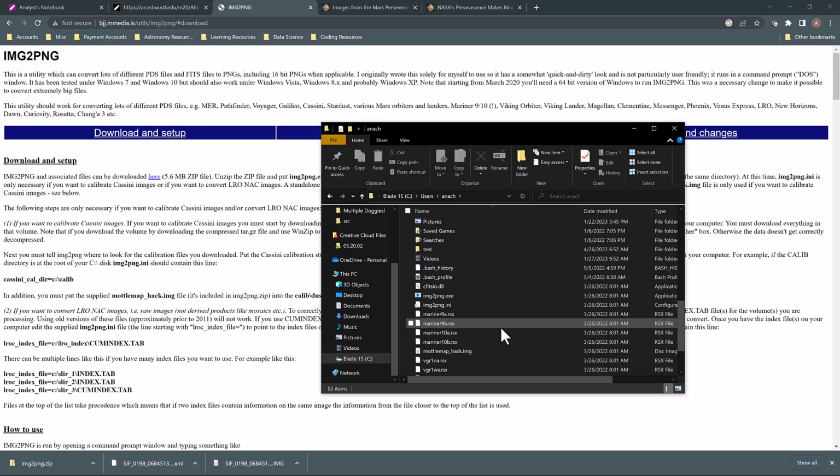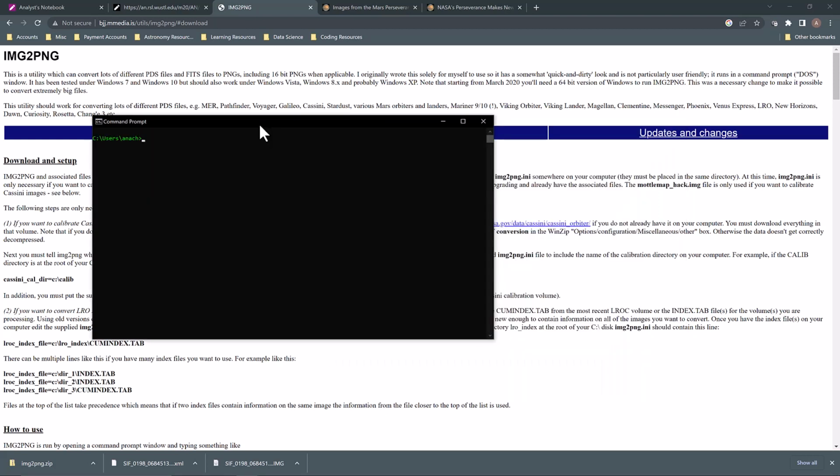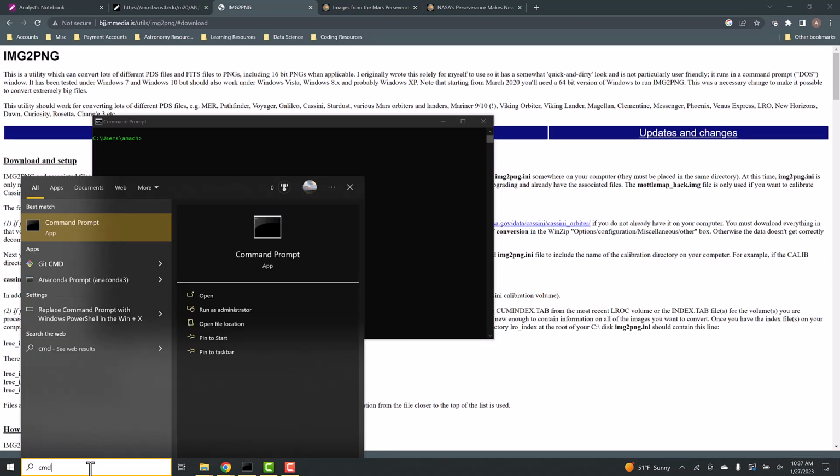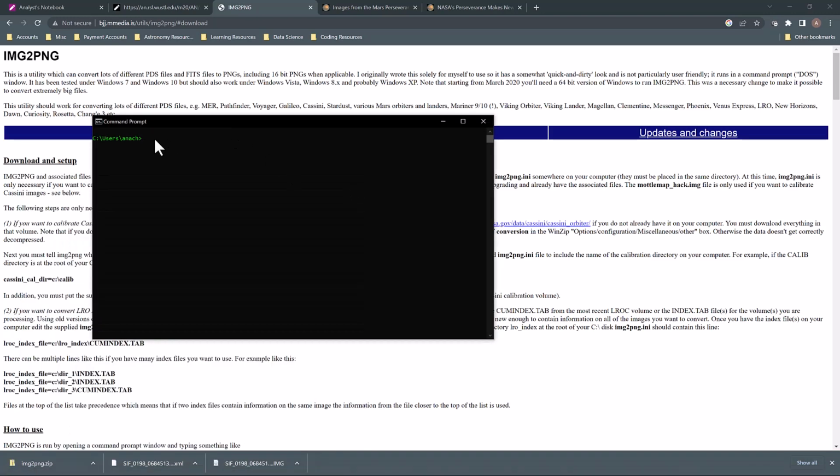Now it is all up to the command line. This will be shown with the Windows laptop. This is the Windows command line. You can just type in the search CMD. It will pull up the command prompt. The first thing I'm going to type is IMG to ping. That's all you have to do. And because I saved it in that user folder, you can see it just automatically is already on there for